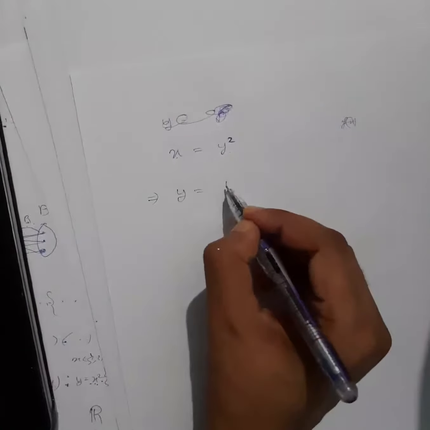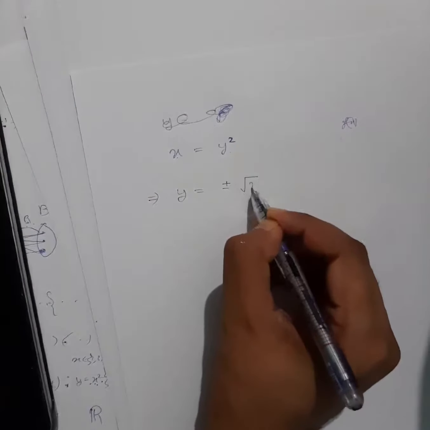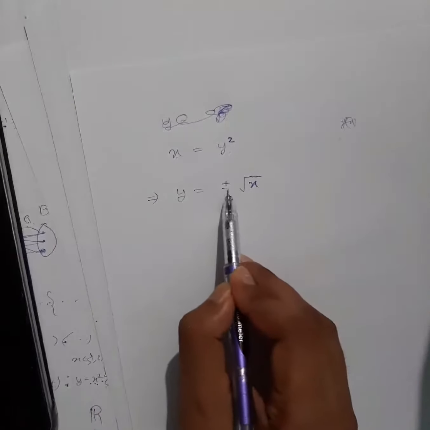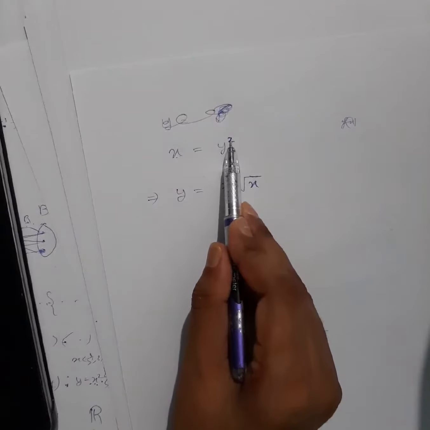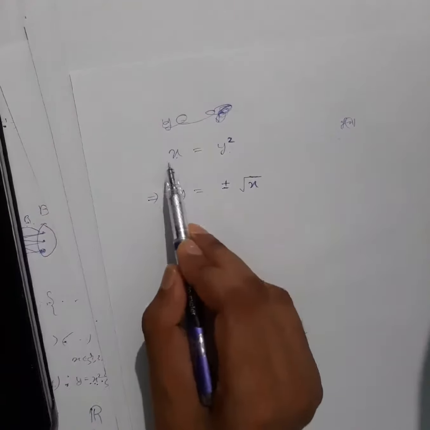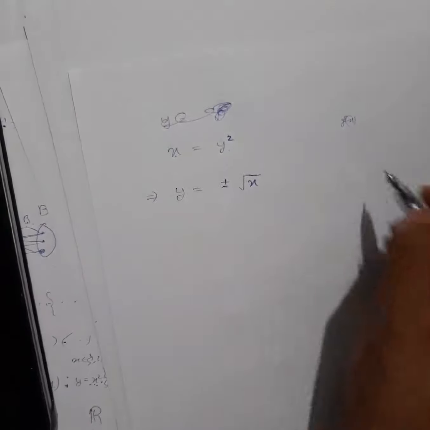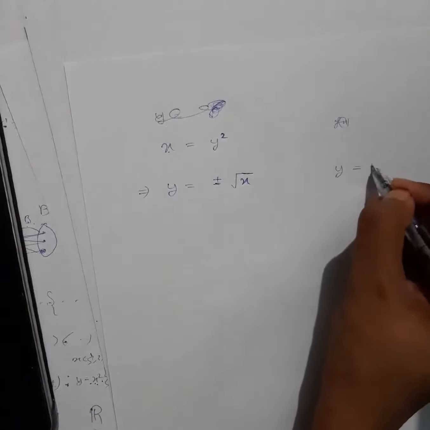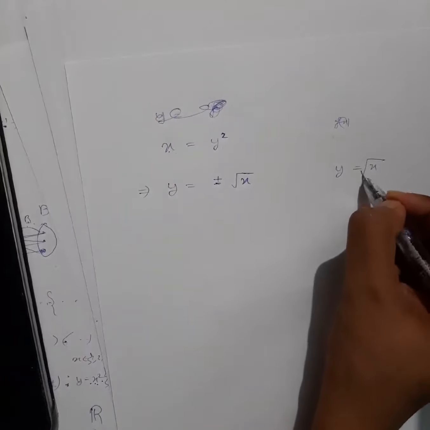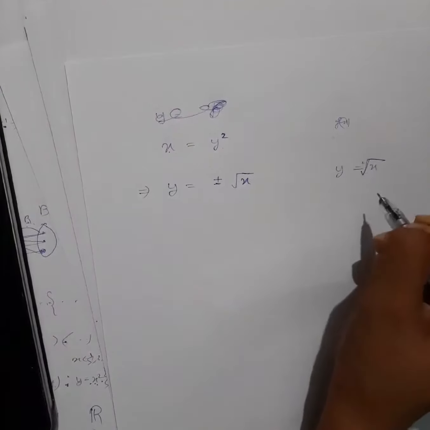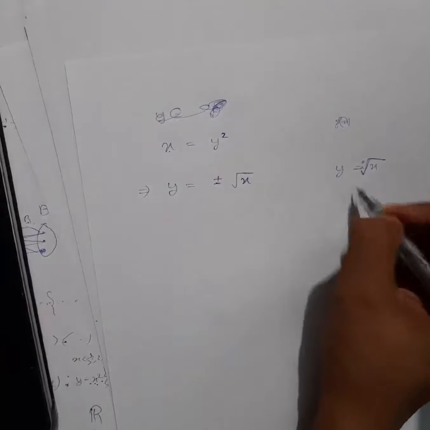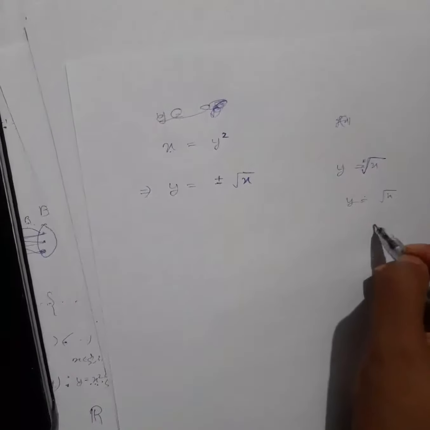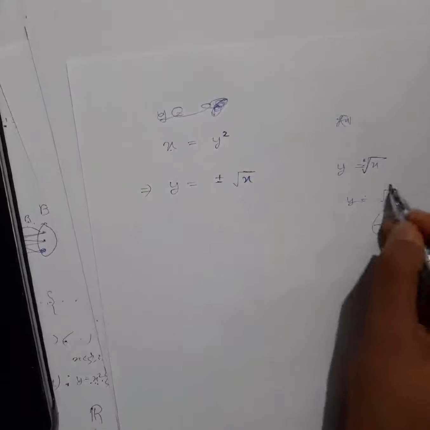I hope you have studied this in lower class. It will be plus minus root x, right? Always it will have plus minus. If anyone doesn't know this, let me know, okay? Always remember, when you shift this square from this side to this side, it will give you plus minus. I know some students might have studied that if I bring the square to this side, it will be the square root of x only. Not only the square root of x, it will always be plus minus the square root of x. Always two values it will give, one plus and one minus. y will be equal to the square root of x, another will be minus root x.